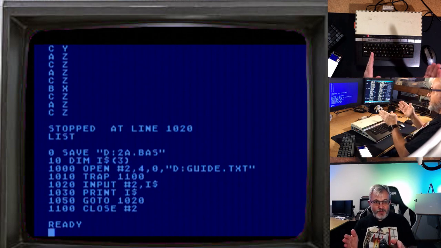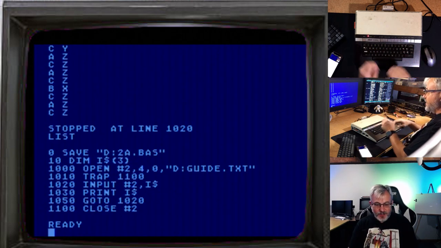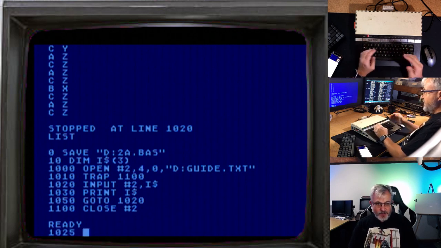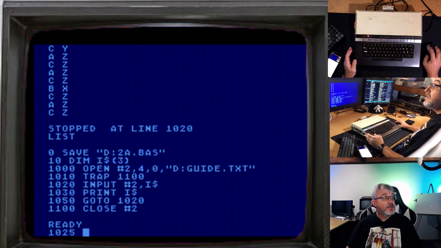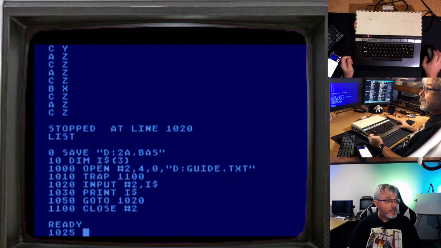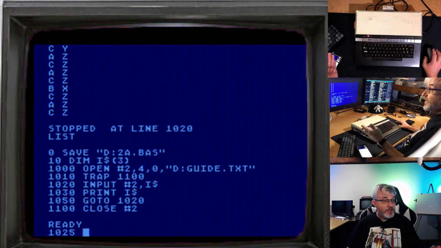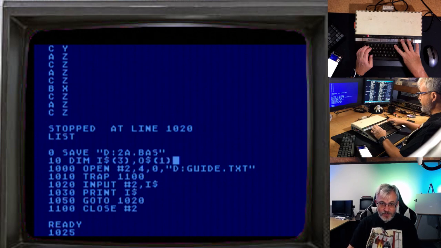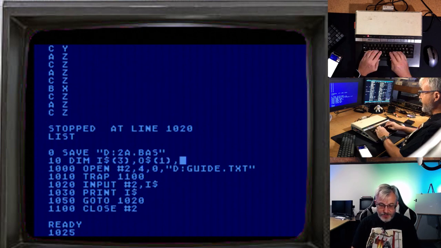We've got to pull that I string apart. So I'm going to, whatever is on the left is the opponent. So we're going to go up here and dimension opponent string for 1 and me